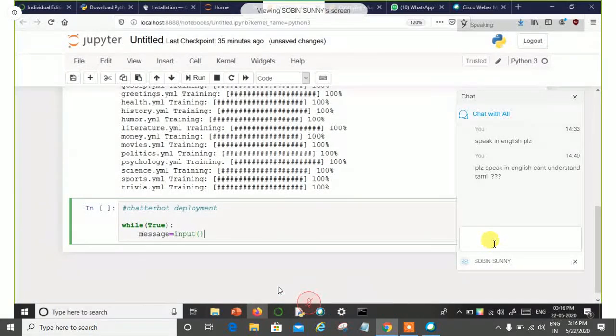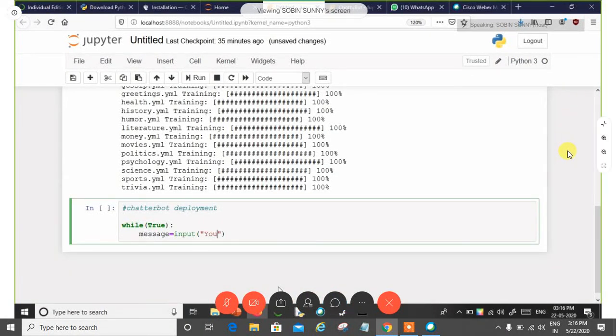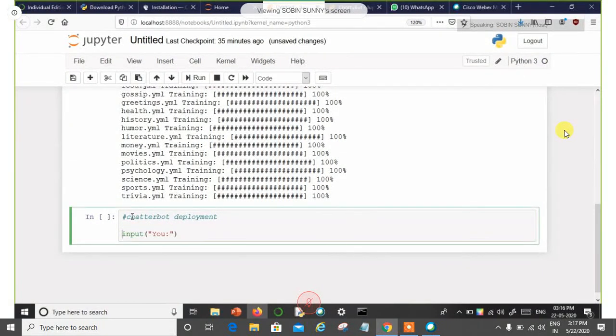The chatbot is going to get some input from us. For clarification, it will be like you. So what can you see in the output screen? For your understanding, I shall just delete these steps. Input, it is going to ask for some input.